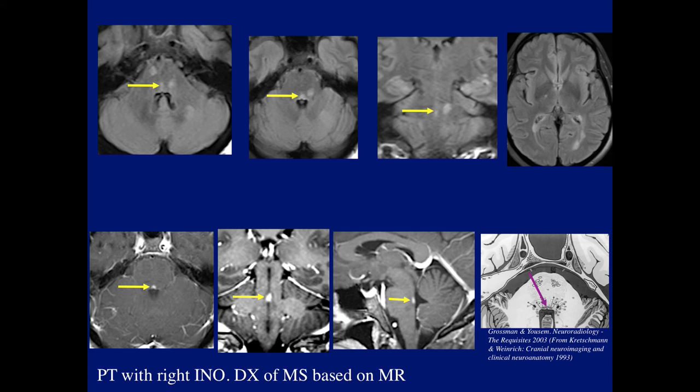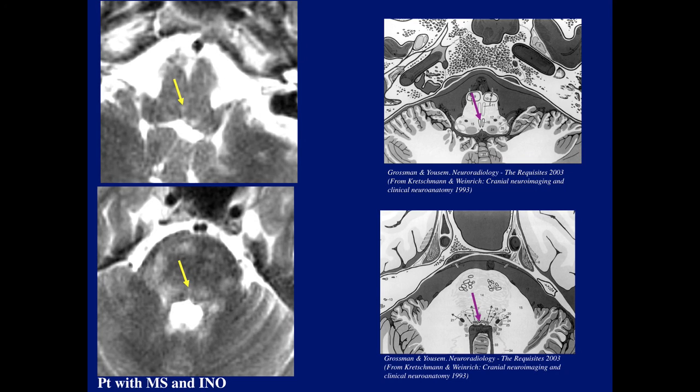I would say that a huge number of these lesions involving the INO are not commented on unless you really know that that's an important location, because sometimes there are many lesions. Like here's a case, this MS patient presented with INO, internuclear ophthalmoplegia. But again, if you look carefully, you can see among all these other lesions, there is involvement here explaining why I have INO, because it's an appropriate location for the